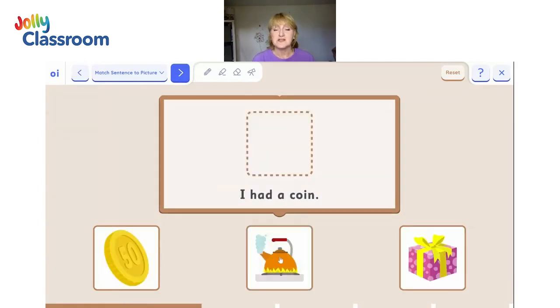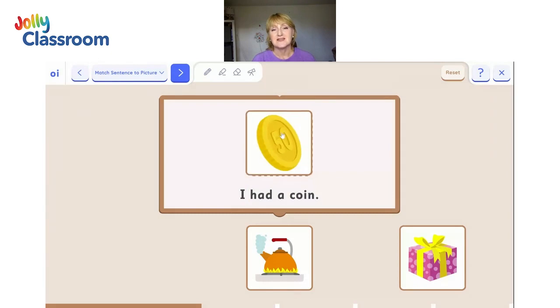Then we move on. We notice that the kettle is in the next activity. So the children will know that this is not a coin. I had a coin. And we could talk about what a coin means. So thinking about children who have English as a second language, we can explain that a coin is something you can buy something with. With a coin, I can buy a present. And you're helping them develop strategies on how they can identify what the visual is connected with the word. So children are reading, there's comprehension, and also this fits in really well with some of the activities in the